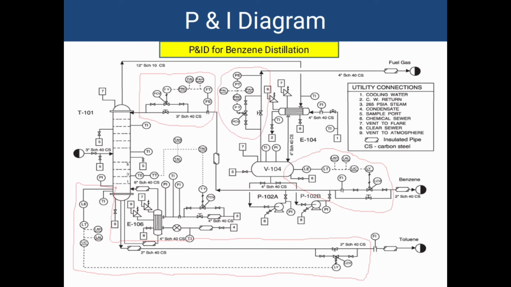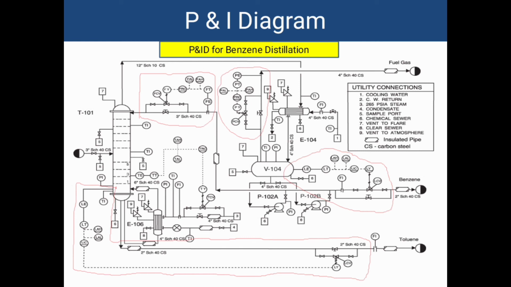The second is the reflux flow controller. From the reflux drum, the reflux is pumped to the distillation tower. Here a flow element, FE, transmits the measured variable to the flow transmitter, and it goes to the flow indicator controller. Here also an alarm will be actuated. Then this FIC controls the flow control valve FCV, and finally the flow of the reflux is adjusted. Likewise, there is one pressure control loop in the fuel gas and another level control loop in the reflux drum.